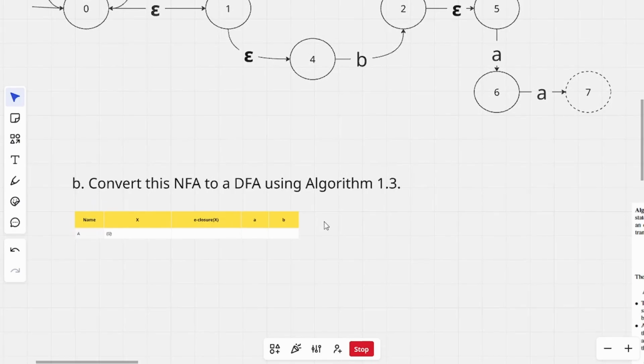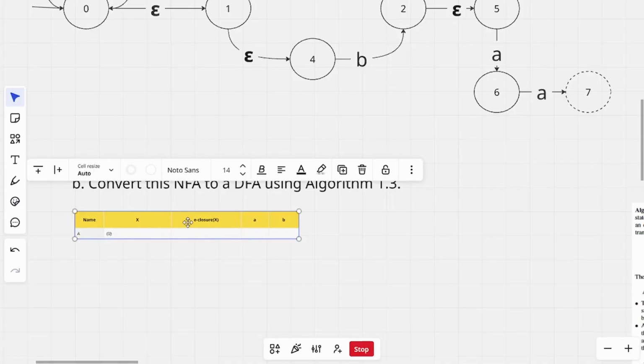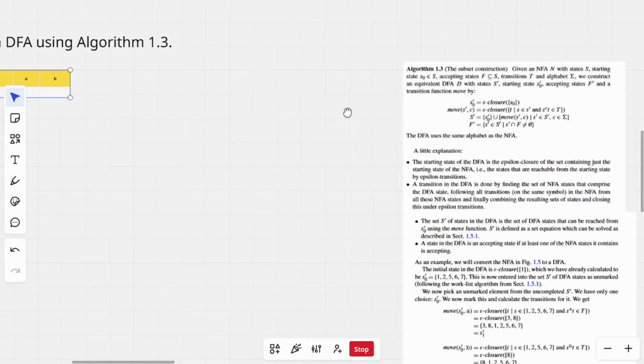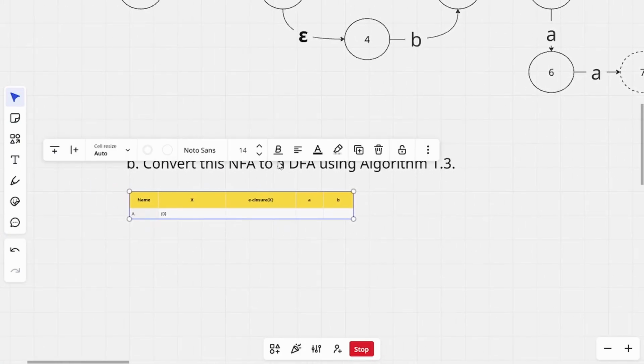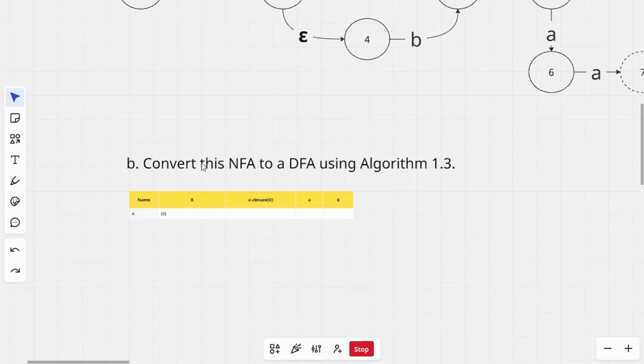It's not like a patent method. I learned this in theoretical computer science, automata theory. If you're from the same university as I am, then you know which class we learned this from. And actually, I prefer using this method where we use e-closures. Even this method uses e-closures, but I prefer to use a table, a transition table, to convert the NFA